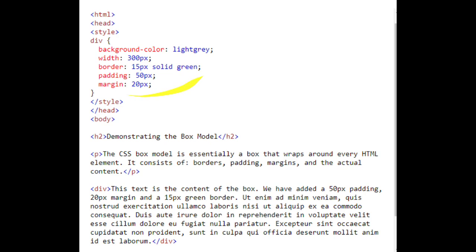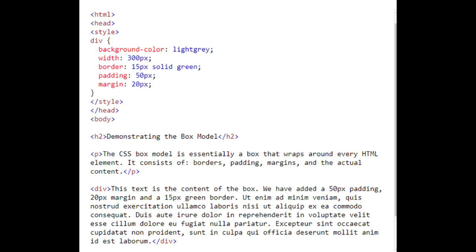Here it is an internal style sheet, which we have used for a box model. The text of a div should be represented in a box. I have used many tags like h2 and p, and here I have the div tag. Only for this div tag must this property be applied. Here some text has been placed.